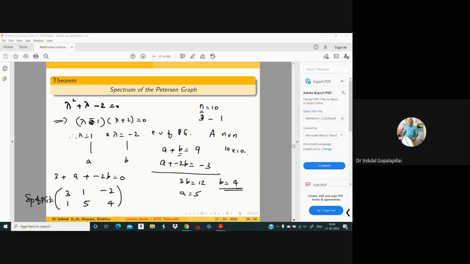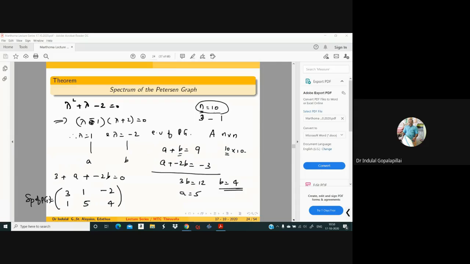And the characteristic polynomial is the determinant of A - lambda I. The expansion of a 10 by 10 determinant, a determinant of order 10, is a tedious process, not easy. And even if we expand it, we reach a 10th degree equation, and the solution or factorization of a 10th degree equation may also not be easy. So we have to develop some other techniques, instead of this conventional procedure of expanding the determinant and solving the characteristic equation.